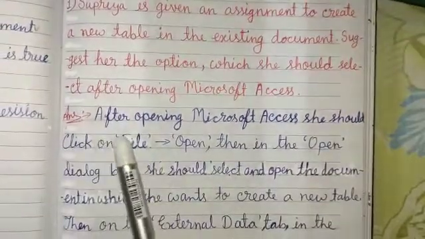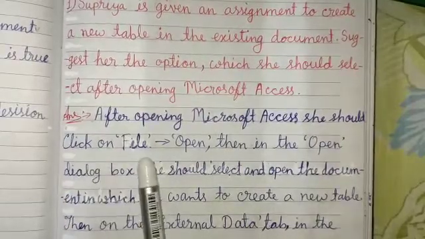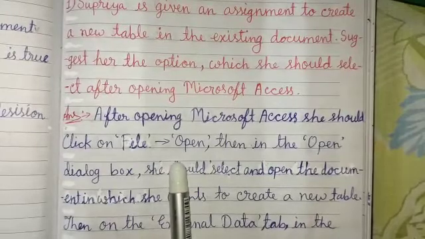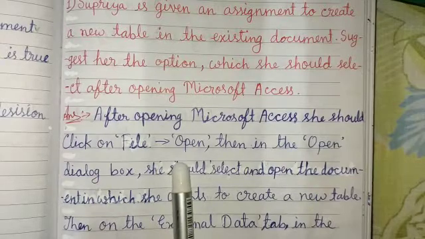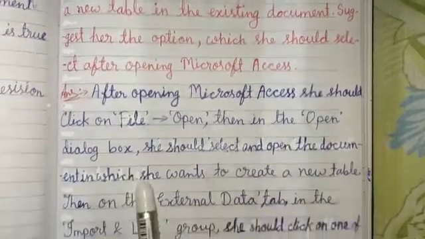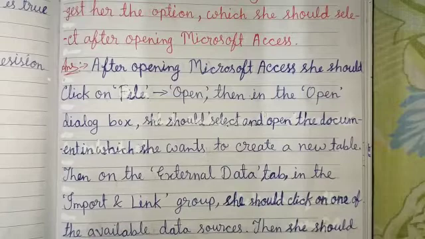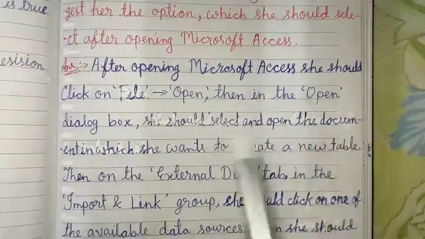The answer will be, after opening Microsoft Access, she should click on File, then Open. Then in the Open dialog box, after clicking on the Open option, the Open dialog box will appear.